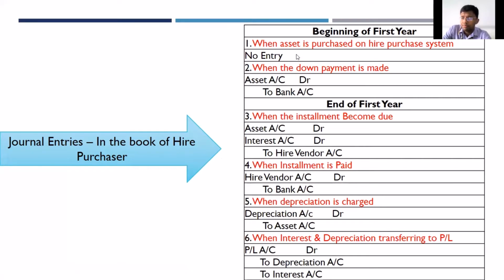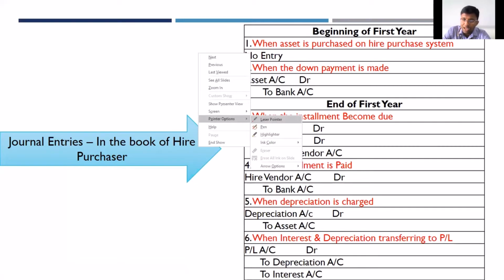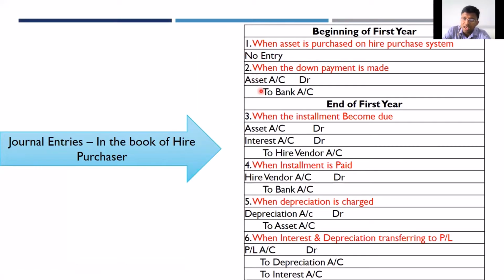Primarily, at the beginning of the transaction, when you're entering into an agreement, you will be confirming your transaction with the payment of the down payment. So when you make a down payment, you will have to pass an entry, and the entry goes like this: asset account debited to bank account. This can be either bank account or cash account. Now remember, asset account is real, so debit what comes in. Bank is personal, so credit the giver. Or if it's cash, credit what goes out. Okay, so this is only a one-time entry that you will have to pass, that is for the down payment.